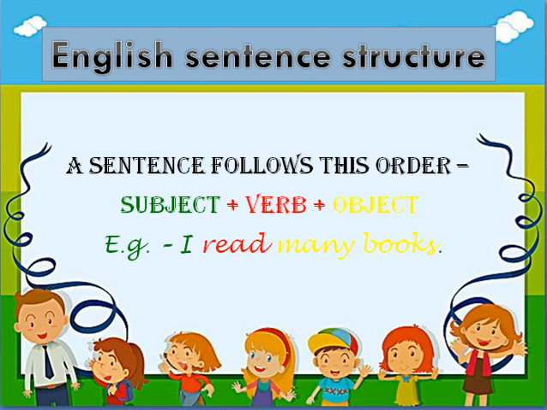While forming an English sentence, we follow this order. Which order? Subject plus verb plus object. Look at the example given here. I read many books. Who reads many books? I read many books. So the action is being done by me. So I is the subject here. Read is a word which is expressing an action. So it is a verb. And the final two words, many books, is an object. Now we will learn more elaborately on this. What is a subject, a verb and an object?